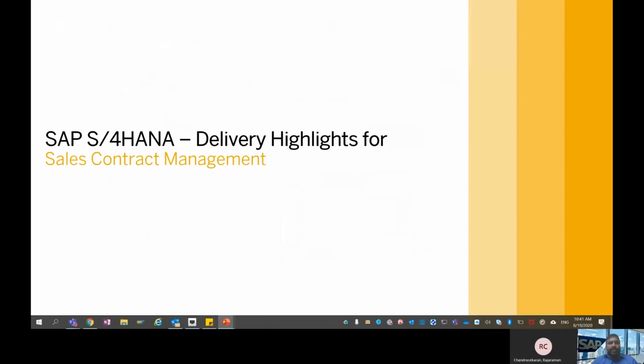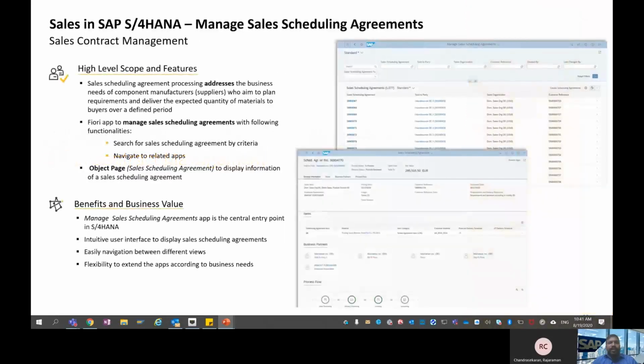Now moving on to the next innovation in sales contract management. Managed sales scheduling agreement is the next innovation under sales contract management. This app helps to address the business needs of component manufacturers, automobile manufacturers actually, who aim to plan requirements and deliver the expected quantity of materials to buyers over a defined period.